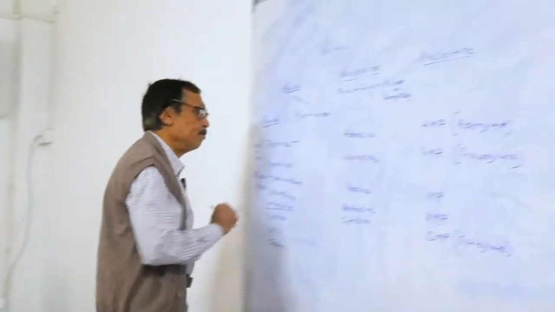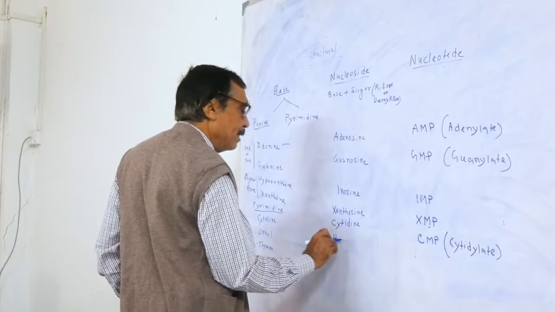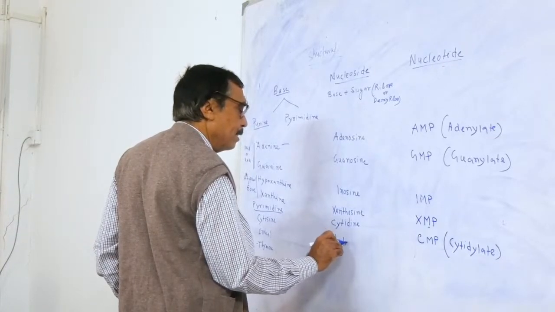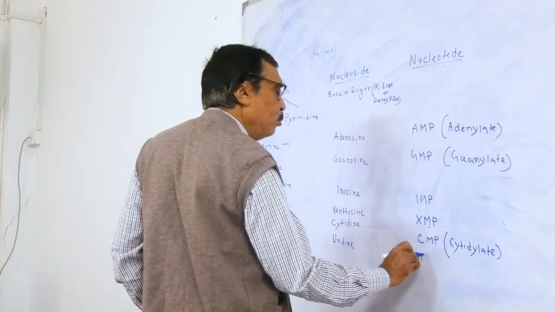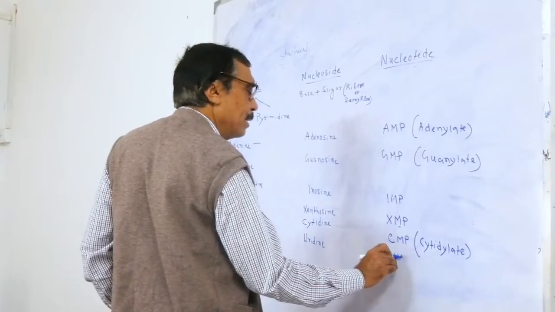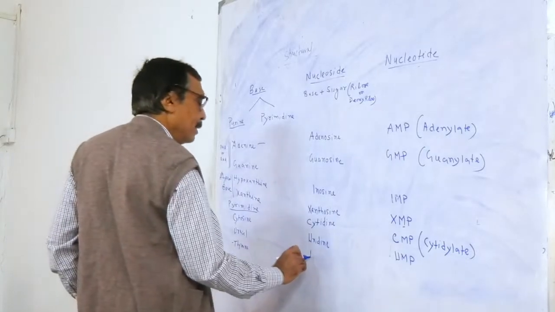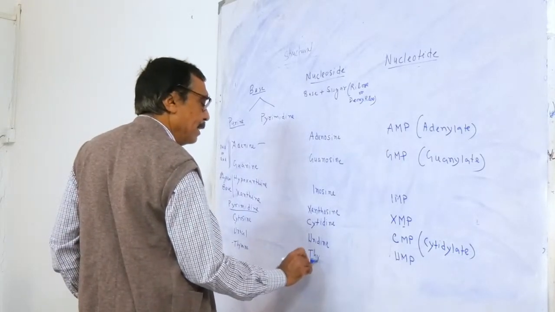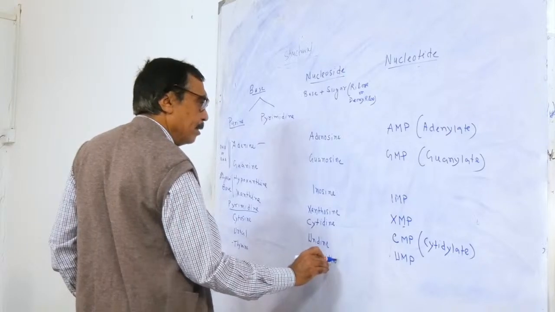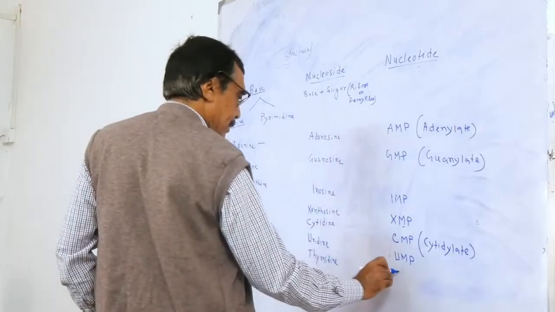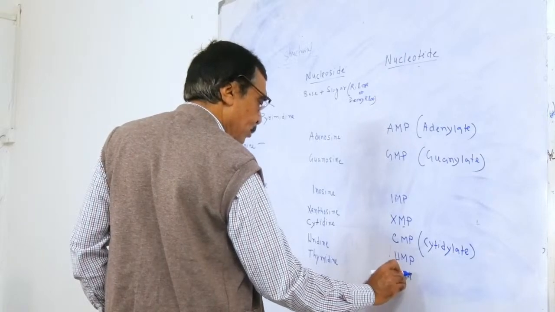ইউরাসিল যদি হয় তখন কি বলছে? ইউরিডিন। And the corresponding nucleotide will be UMP. থাইমিন যদি হয় থাইমিডিন। থাইমিডিন মনোফসফেট, থাইমিন মনোফসফেট।